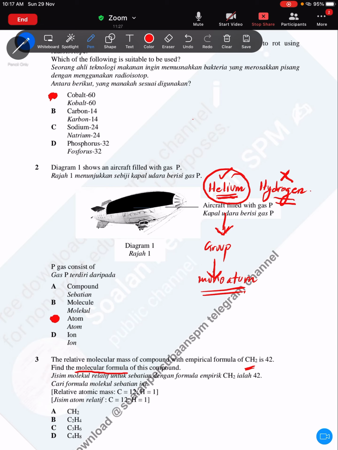Simplest form is, I will say, better you put it as the simplest ratio of the atoms of elements in a compound. Okay? Simplest ratio. That is a keyword that you should use. Okay? Rahil, maybe try the molecular formula. What do you mean by molecular formula? Molecular formula, Rahil, are you there?